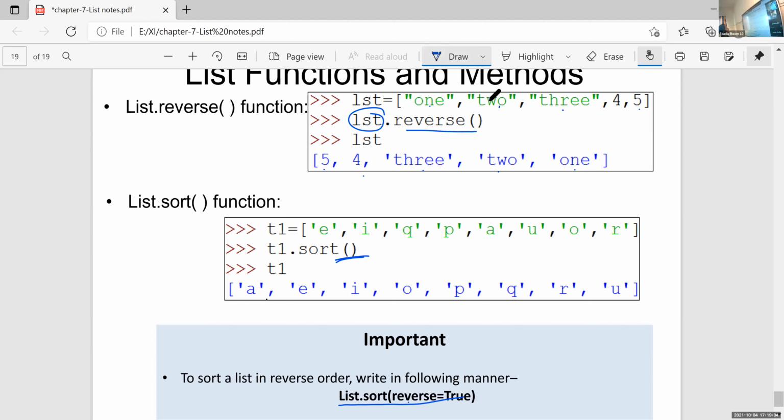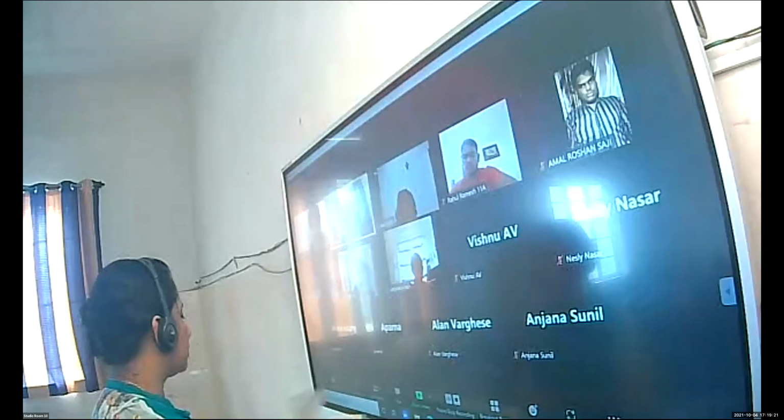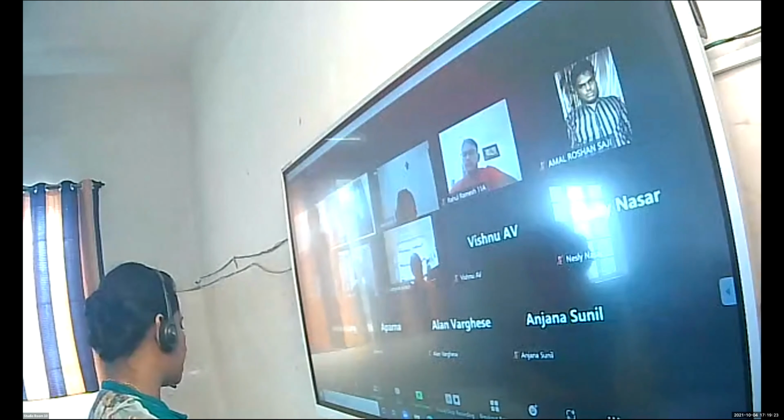Okay, so this is the sort function. It is used to sort the entire list. Is it clear, children? Any doubt related to any built-in function? I think this is the last topic from this chapter.